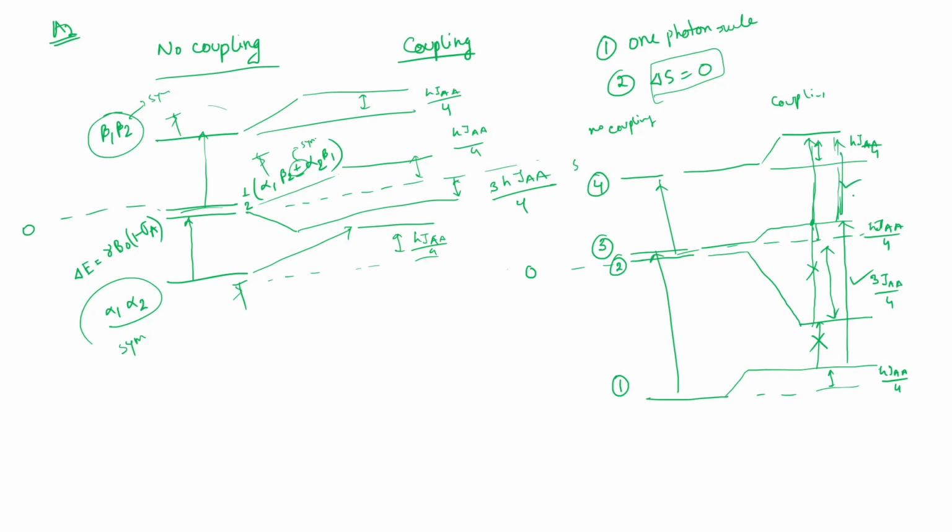So again you are going to have the same thing. And what about the energy? See, here for 3 to 4, both are destabilized by the same energy. So there will be no change in the effective splitting. There is some change, but the perturbation was the same. Both are destabilized by 8J by 4. So you can't see that in the spectrum. And in case of 1 to 3, the same, both are destabilized by 8J by 4. So you can't see that in the spectrum.